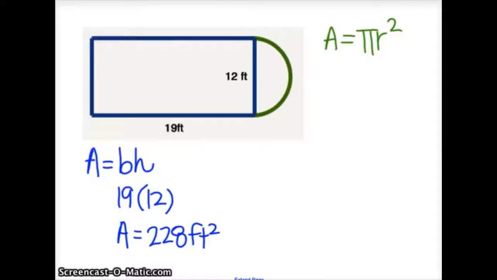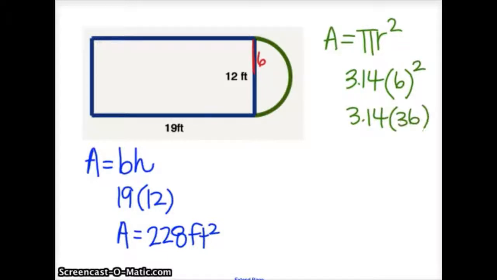Going to the area of the half circle, and I'll do the half at the very end. All we have to do is divide by 2, right? Because I just need half of the circle we found. So I'm going to estimate, and I'm going to use 3.14 for pi. I also know that this right here is the diameter, which is 12. So I need the radius, and the radius is 6. So I'm going to substitute 6 in for my radius, and I'm going to square that. So I have 3.14 times 36, and 3.14 times 36 gives me an area of